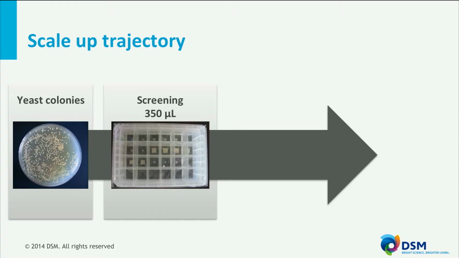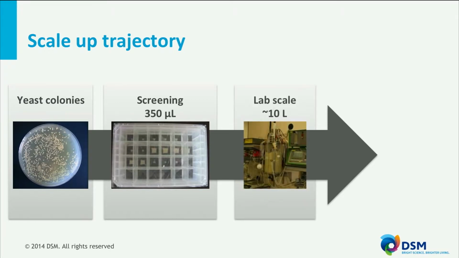With the help of an automated system, many different strains could be screened at the same time to select the best performing organism in relation to succinic acid production. It is at this stage that we obtained a first indication of how the organism was going to perform. The best transformants we subsequently evaluated in a controlled environment in the lab fermenter. This setup is a representative downscale of the final targeted fermentation volume in a commercial plant.